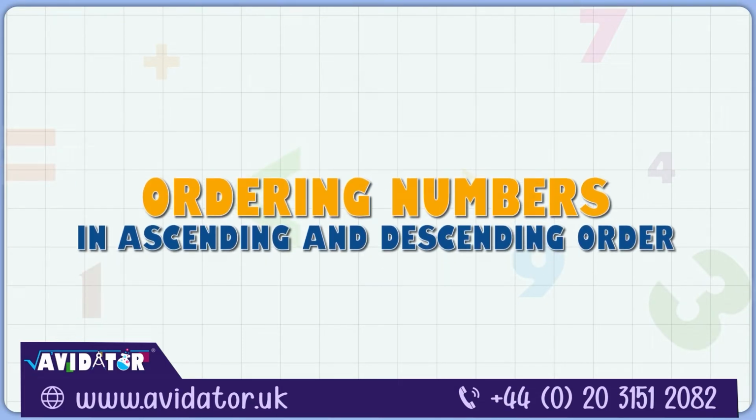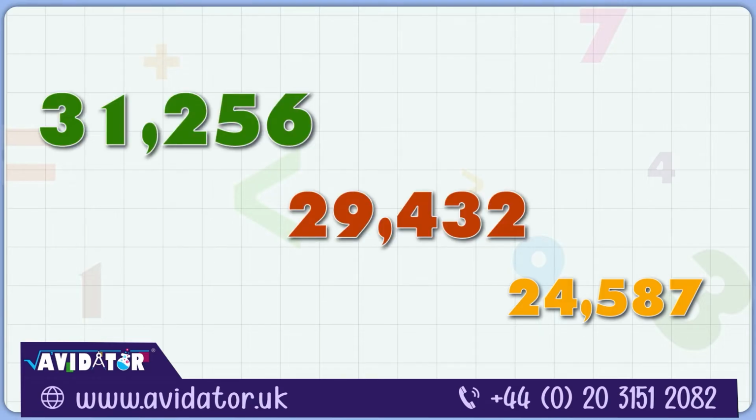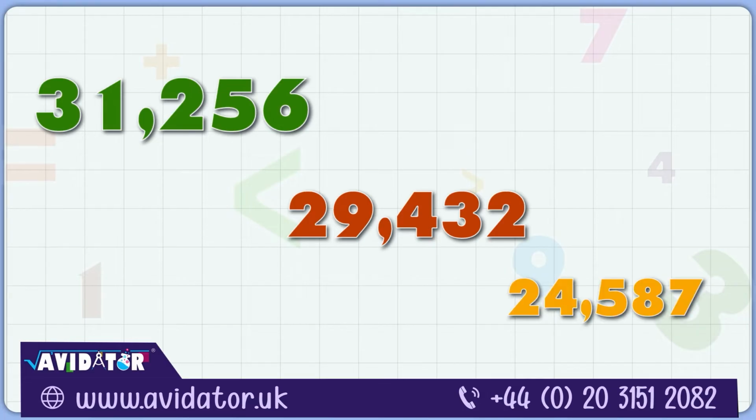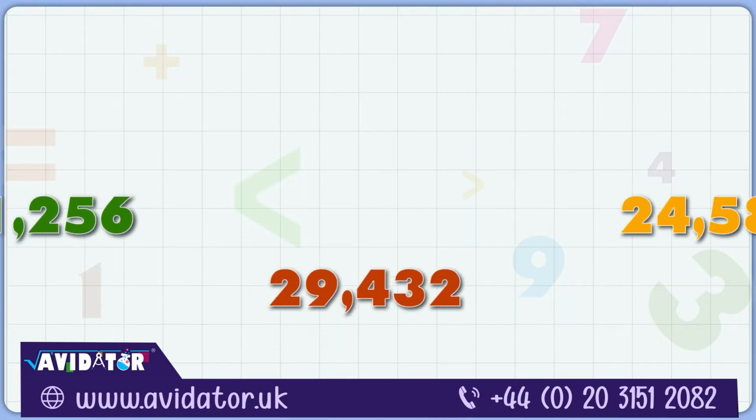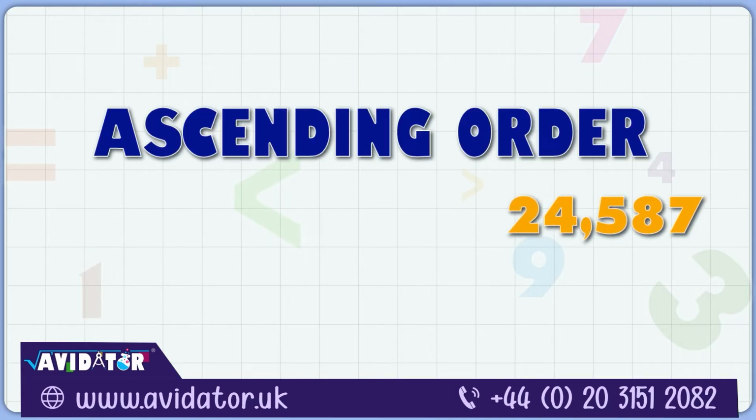Next, let's talk about ordering numbers. Ascending order means going from smallest to largest, while descending order is from largest to smallest. Here's an example. When we look at the 10,000s place first, we see that 24,587 is the smallest. Next is 29,432 and then 31,256. So in ascending order, the sequence is